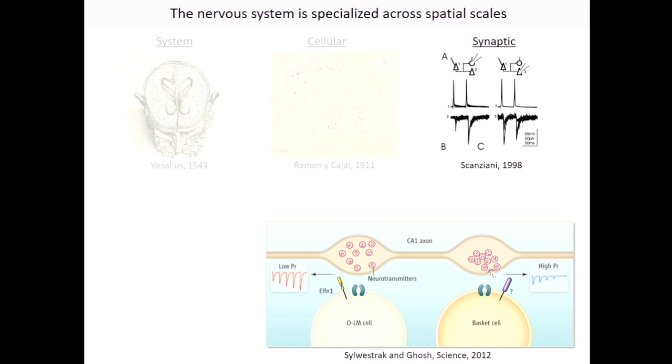I identified the cell surface molecule alpha-1, which had been little described, to be selectively expressed in somatostatin-positive OLM cells, and then through further characterization showed that that was critical for making this strongly facilitating synapse. So this is an example of how the tools here at the Allen Institute can be really broadly used, and I think in the end, it's difficult to really pin down how many people have benefited from the rich data sources that you have here.